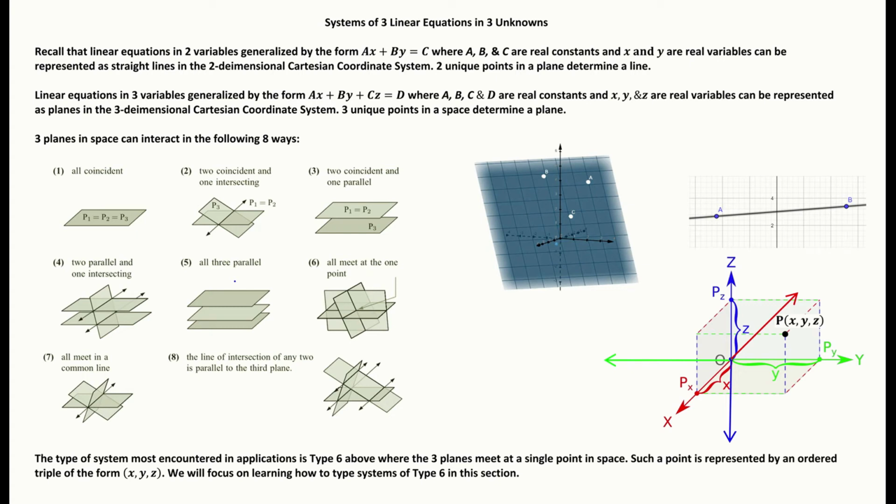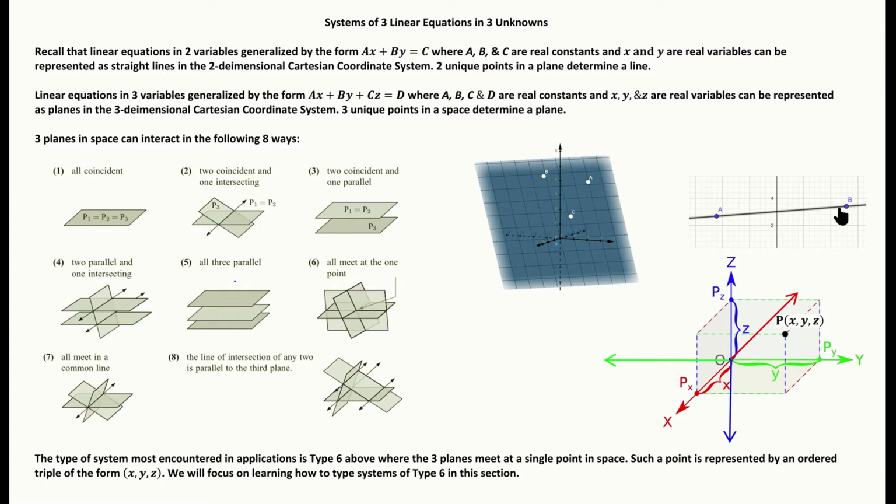Hello everyone. Today we're going to discuss systems of three linear equations in three unknowns. Previously we have seen linear equations in two unknowns, such as this general form ax plus by equals c. And when we graph the solutions of such an equation in the Cartesian coordinate system, we would end up with a straight line. And of course, even though there are infinitely many points on that line, all we need are